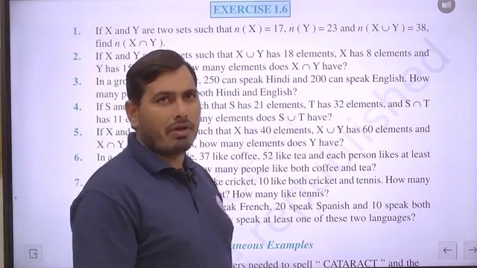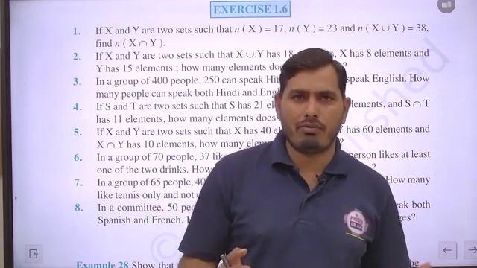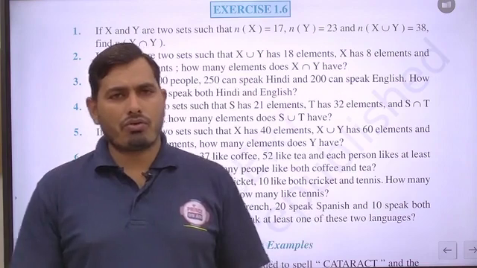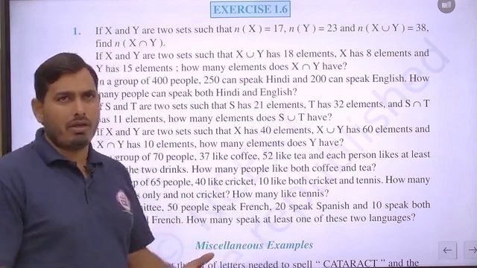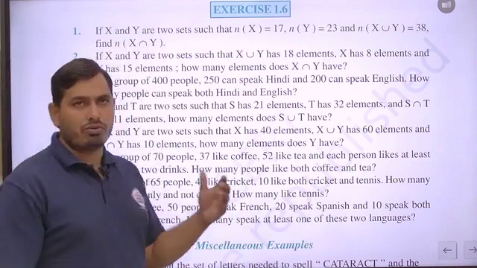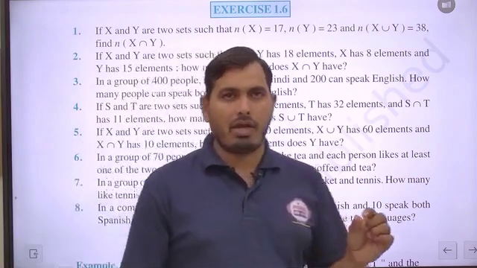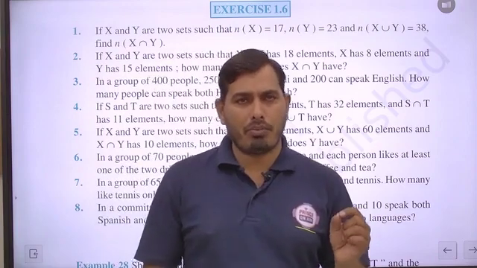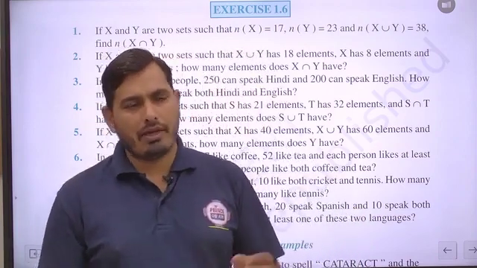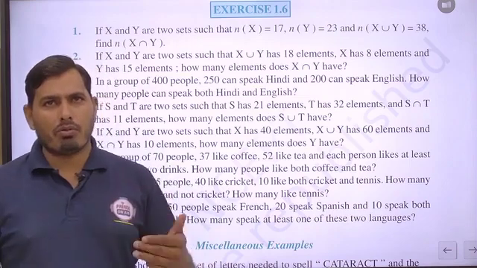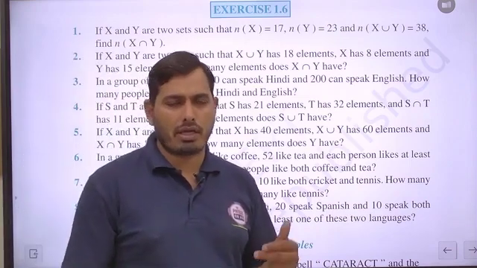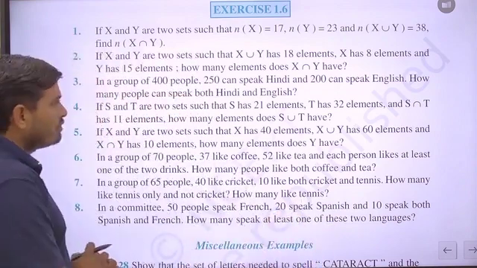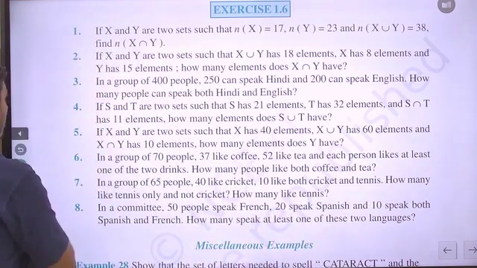Definitely, students, the question will be of a certain type, but you can convert the question into data format where you can make two sets. First of all, one set named H will represent the number of people who speak Hindi, and another set E you can make for the number of people who can speak English. There are two sets, H and E, and according to that you can simplify the answer. So we will take this question number 3 here.